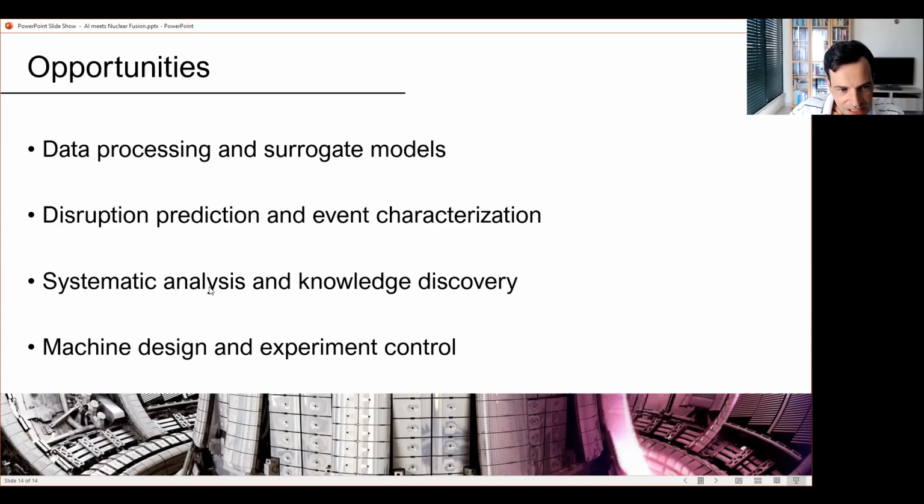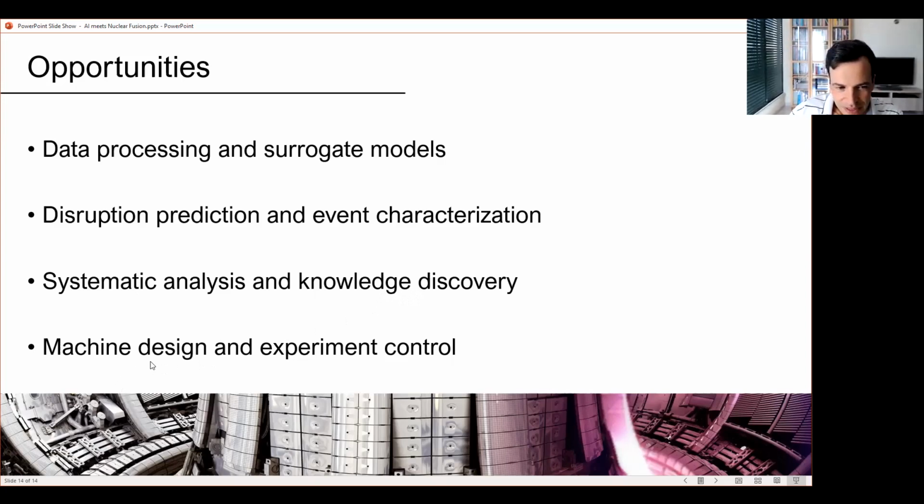Machine learning brings us the possibility of analyzing systematically very, very large amounts of data. And rather than using our brains to infer knowledge from a few cases, we can actually use systematic analysis. We can use machine learning to extract some of the conclusions for us, or at least to validate some of the ideas that we develop by analyzing a few cases. And finally, there are